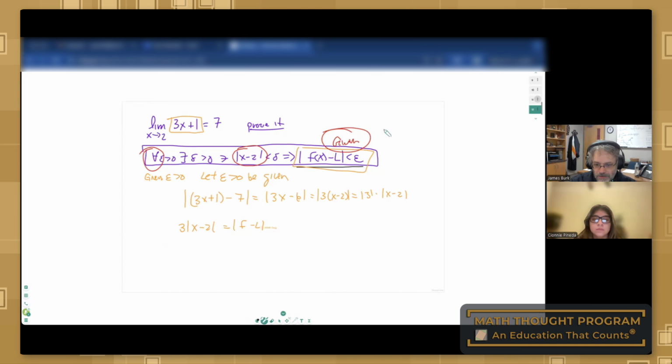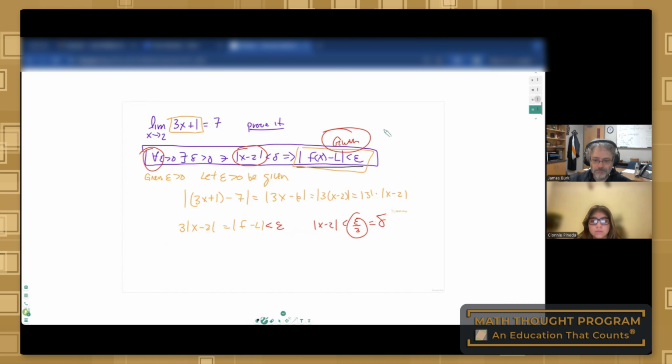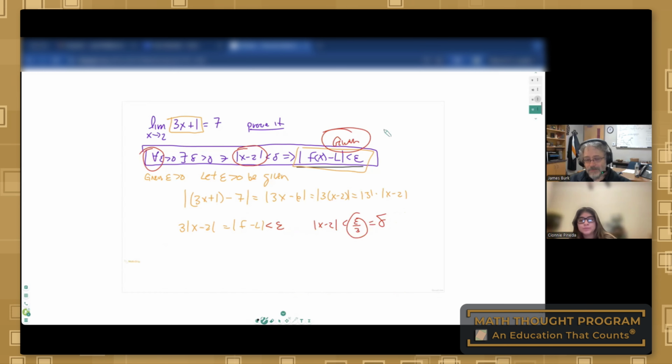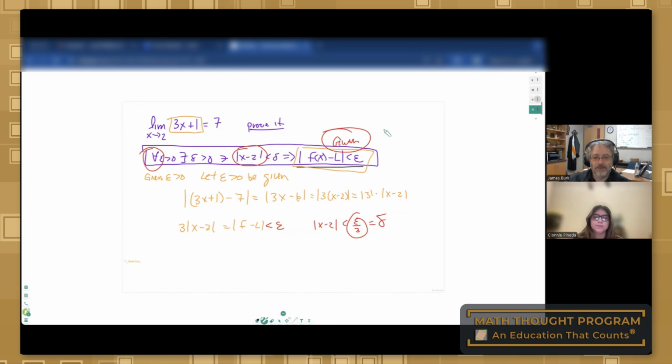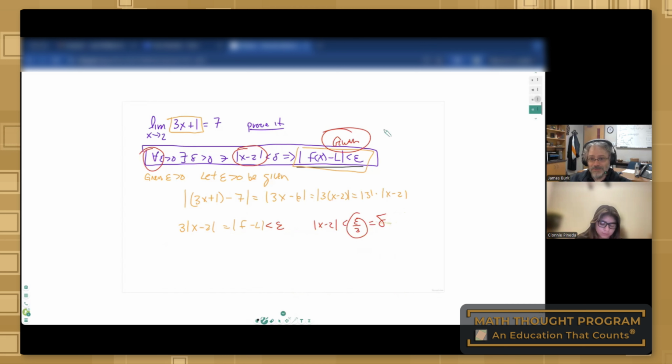So if I know that this is going to be less than epsilon, here's my delta. Divide everything by 3. And that's what I want to set delta equal to. Does that make sense? Make sure that logic makes sense, because that's what's going to help you get through to the more